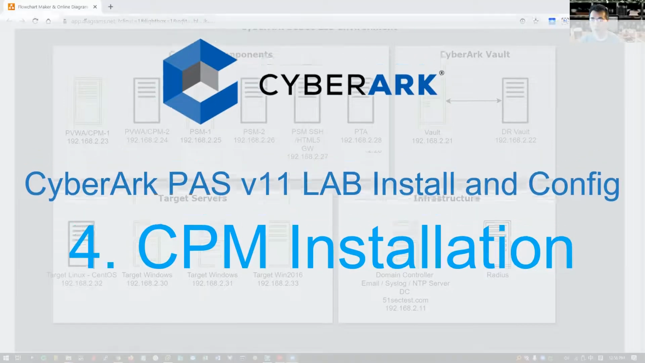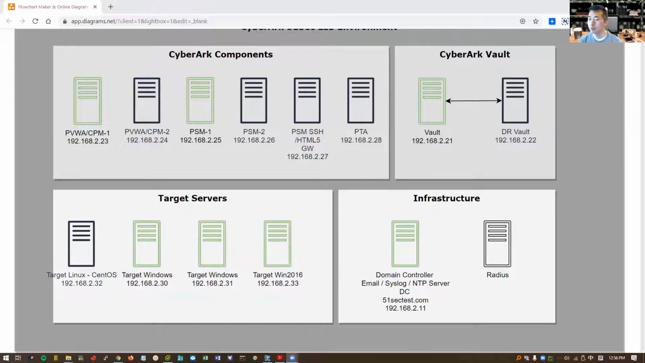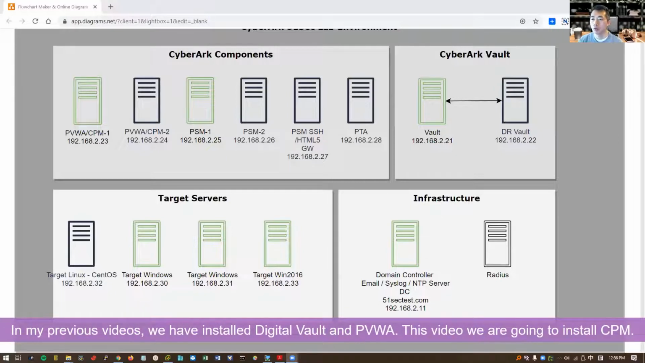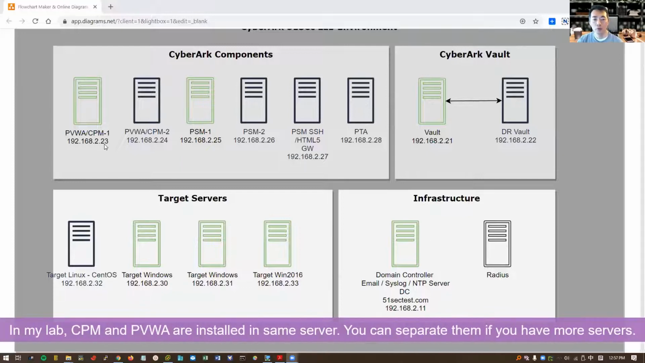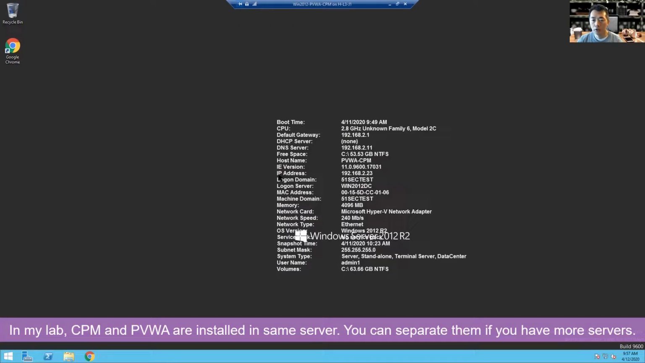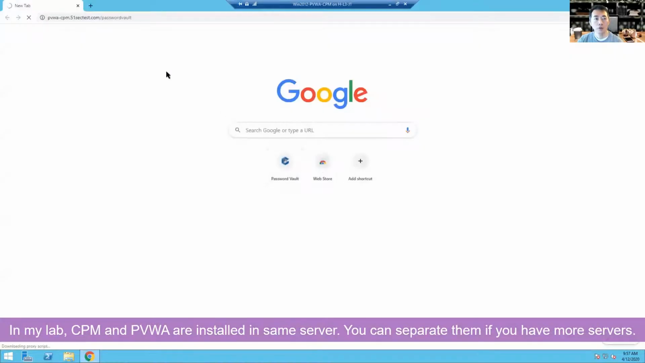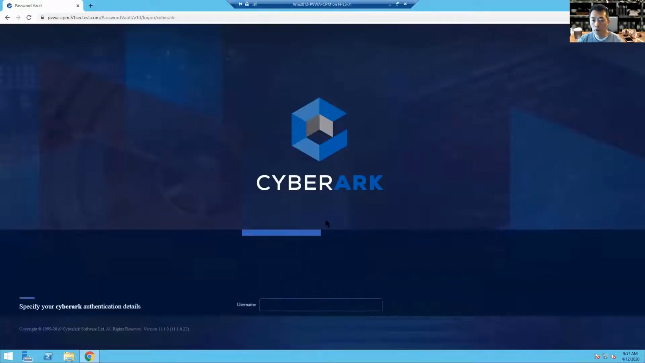This video we're gonna talk about the CPM installation. In my previous videos, we installed our Vault, we installed our PVWA. Now we're gonna install CPM. And our PVWA and CPM are gonna be on the same server, 192.168.2.23. You can separate them, but to save some CPU and resources, I just put them together. This is our PVWA and CPM server IP address, 192.168.2.23. We already installed our PVWA in the previous video, and we can log in